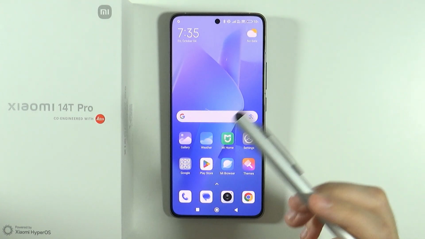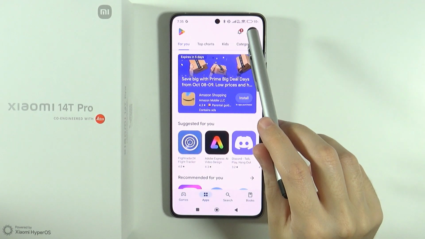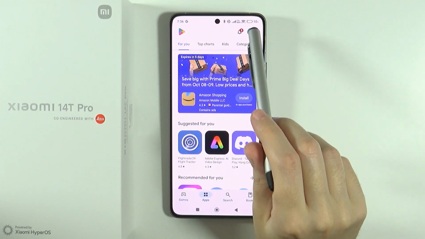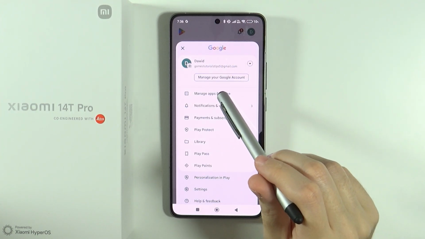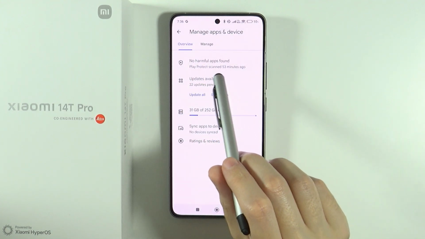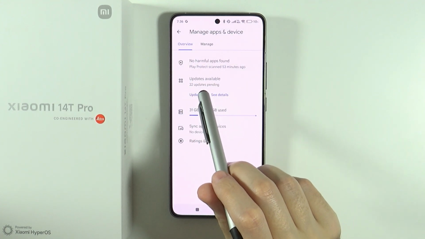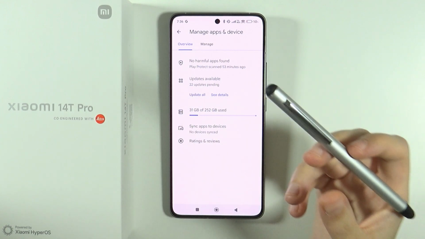And another way to update apps is by going to the Play Store. And then you want to go to the top right corner and tap on your avatar of your Google account. Now over here you want to go to manage apps and device, and then over here you will find updates available. Now of course you can just tap update all in order to update every app that you have installed